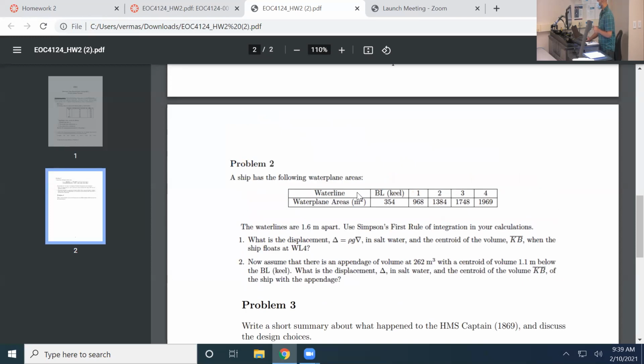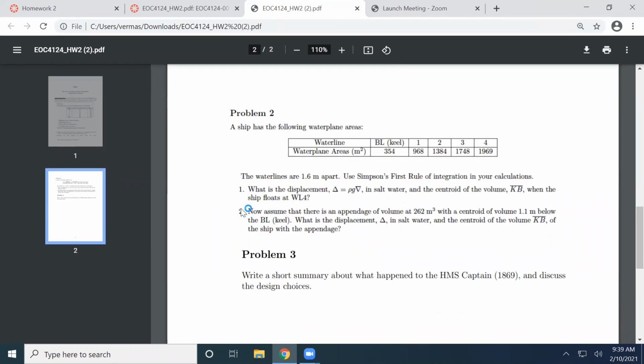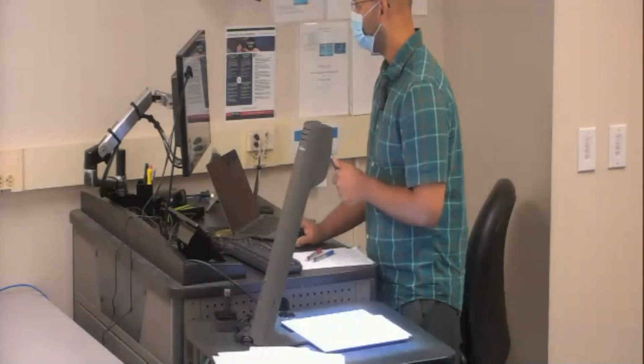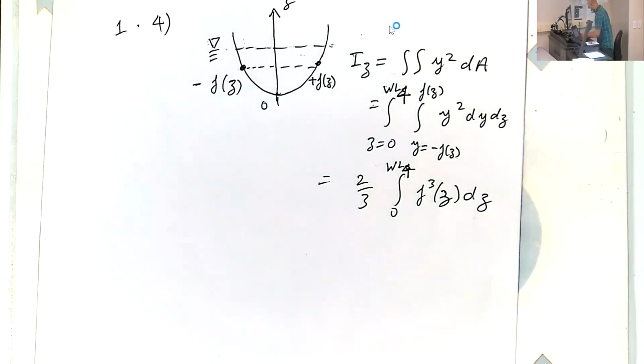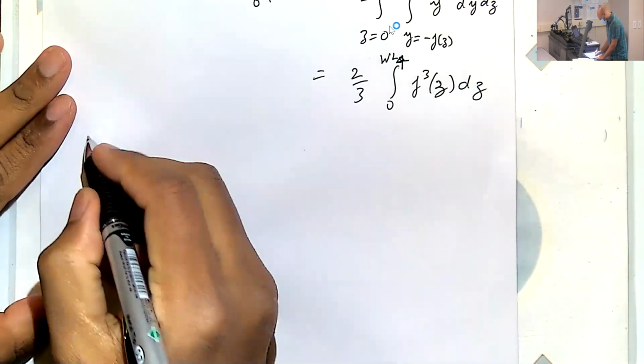Nothing else? I'm still a little confused on problem 2, number 2. I know it's like the summation of them. So let's see, let me switch again. It says appendage, blah blah blah. All right, so basically, what it is saying is,